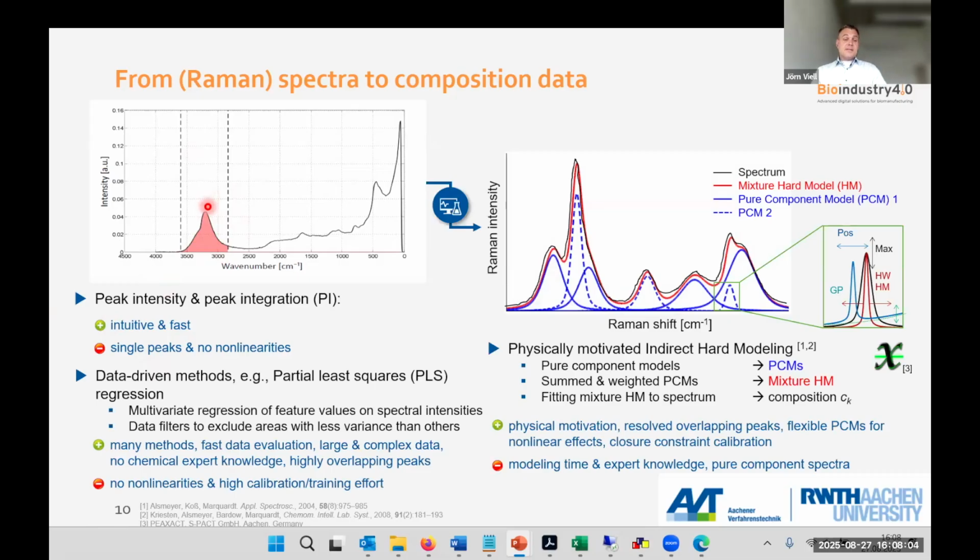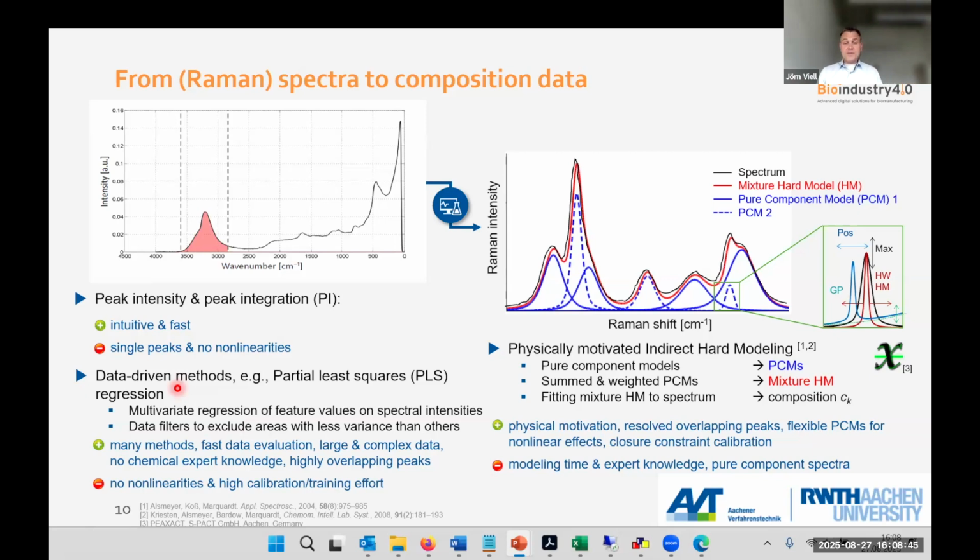What comes then into play is data-driven methods on one hand. First of all, partial least squares regression, where you regress certain features of the spectrum to certain quantities like concentrations, but you could also try for temperatures, etc. This is very, very easily done. You only need a large data set. And if you have nonlinearities, you're on your own. It requires high calibration effort in that case, and good training of the model,